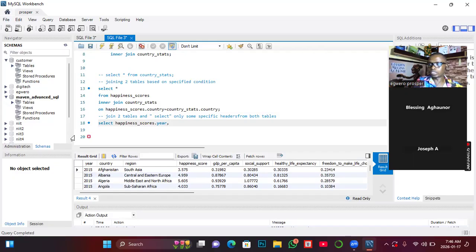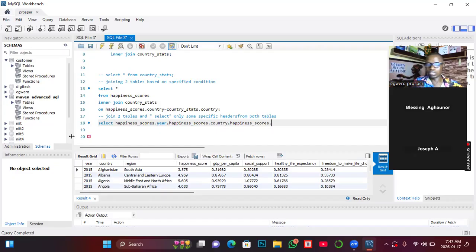And then from the same happiness_scores table, I am picking country, right? Then put a comma. From the same happiness_scores table, I am picking